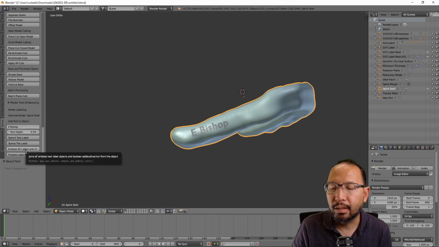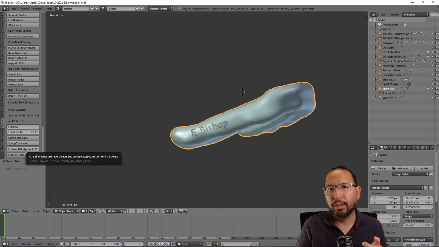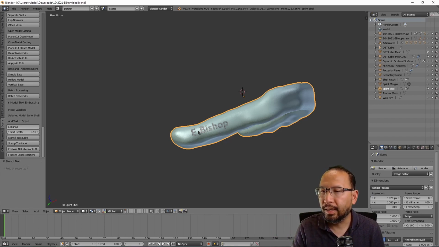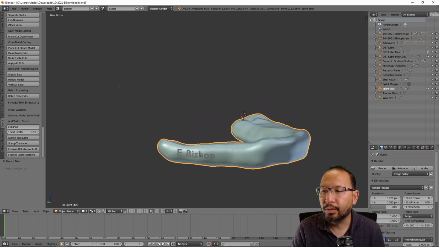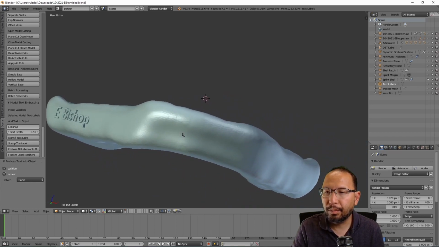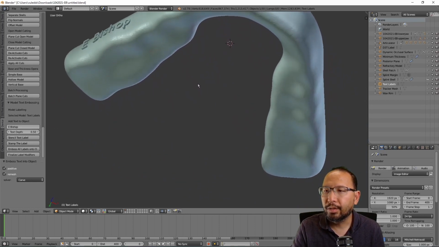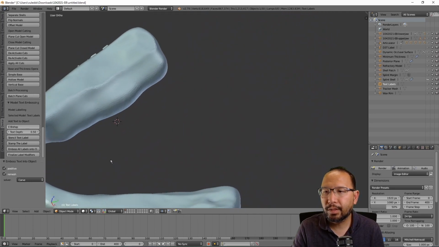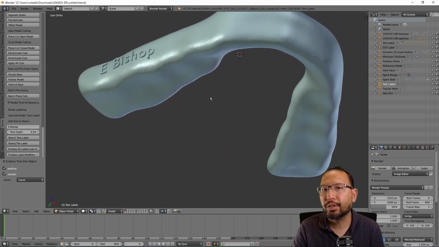What we need to do now is mathematically combine it. We call it a Boolean. We want to do a Boolean combine and merge these 3D letters that are, you know, melted onto it right now into one piece. So we're going to go ahead and hit Emboss All Labels, pick the default options and hit OK. And what that will do is now make it as one part. And maybe if you're keen-eyed, you'll notice that there are no cutouts for teeth, and this night guard would not fit the patient,